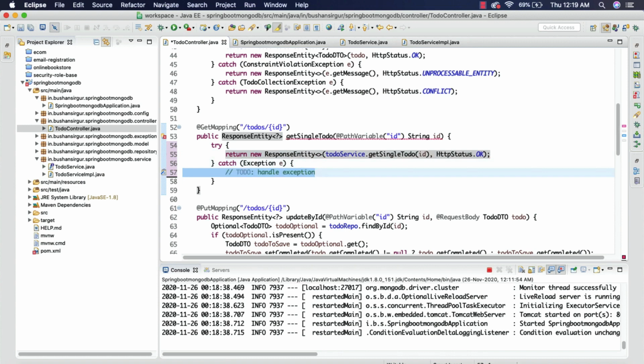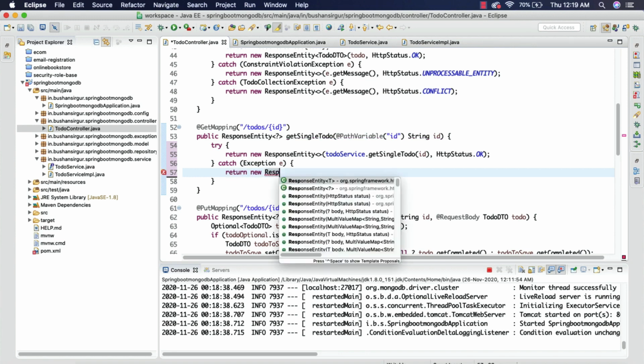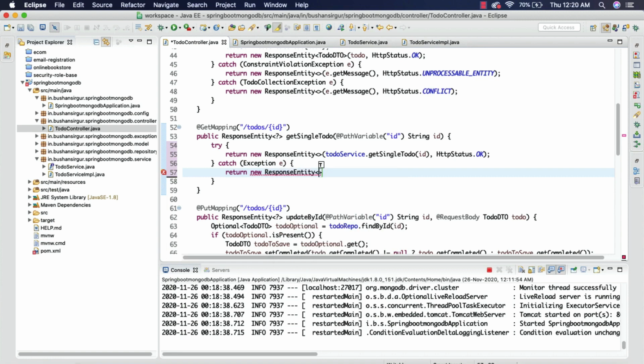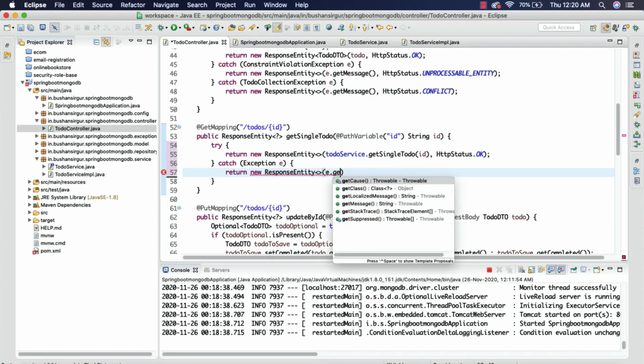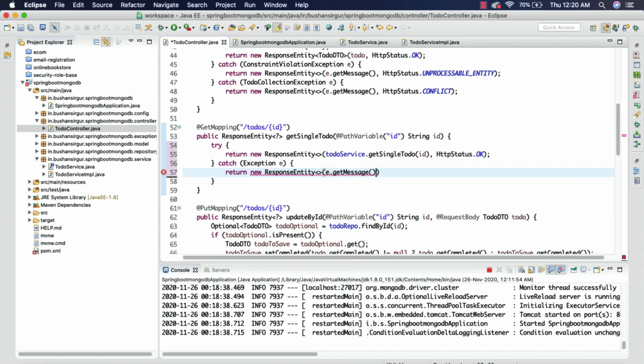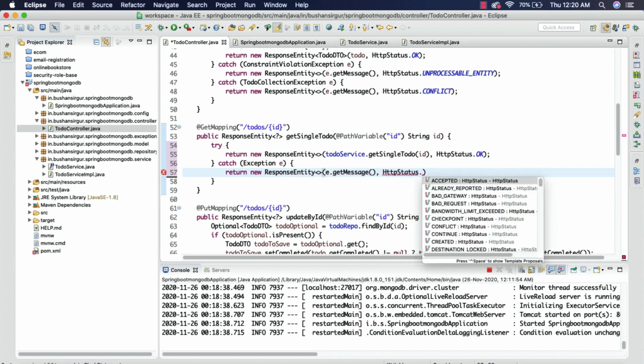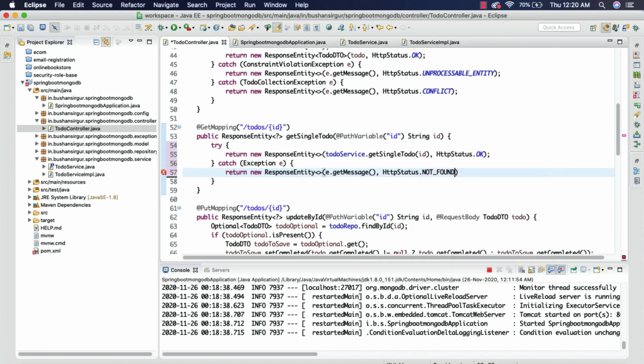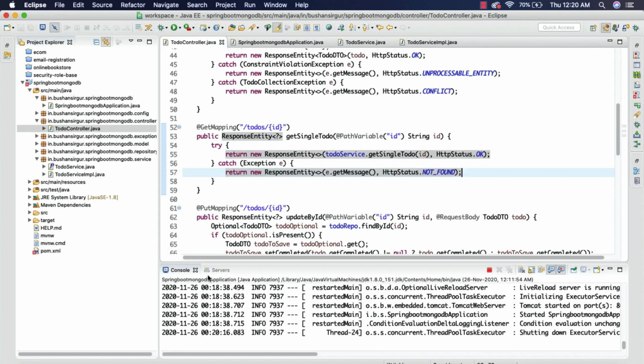If something goes wrong, we are going to catch that exception and return new response entity, and we're going to print a message, get message, and the HTTP status not found. Let's save this. So now we have refactored the get mapping, which is responsible for retrieving a single document.